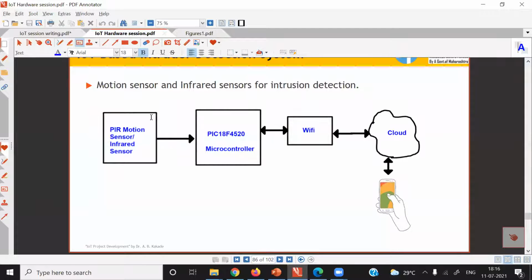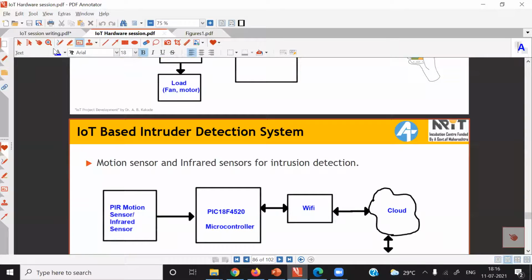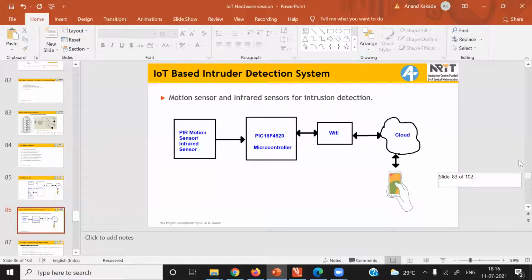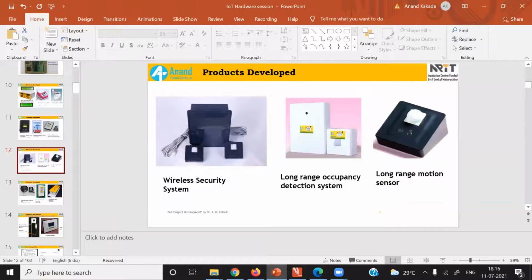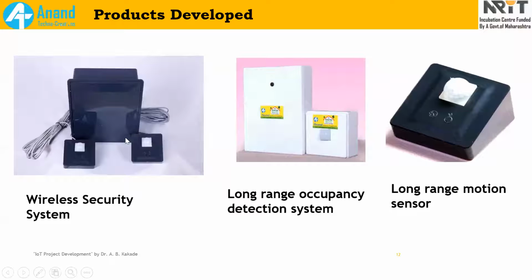Another sensor we can use is the PIR motion sensor. PIR motion sensor I have already discussed. I have developed a very long range PIR sensor. Let me quickly show you a photograph. I have already developed this wireless security system. However, it is GSM based. We are also converting this into an IoT based system. This PIR motion sensor which I have developed has a very long range, up to 90 feet. However, this range comes down to around 35 to 40 feet in summer season. Still, it is really excellent even in summer season.